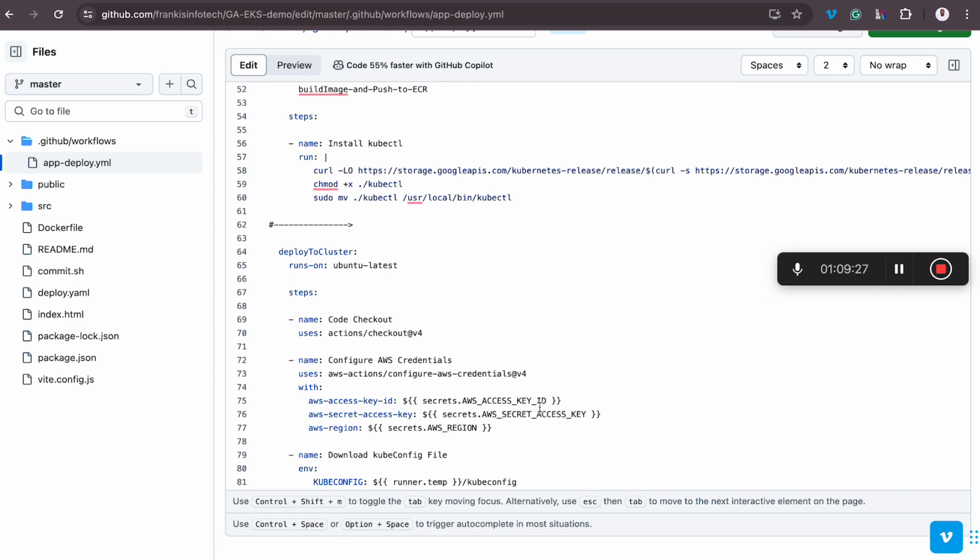Now, let me explain what's going to happen here. I'm creating an environment variable for kubeconfig. Now, this runner.temp is a temporary directory on the GitHub hosted runner that I'm using. In that directory, this file is going to be saved. That is the meaning of this thing you're seeing here, guys. All right. Now the next